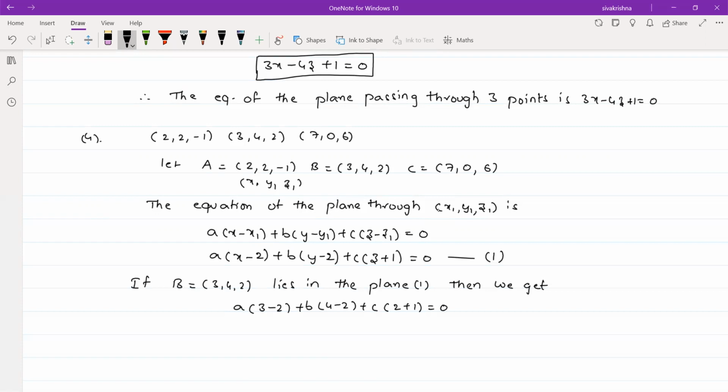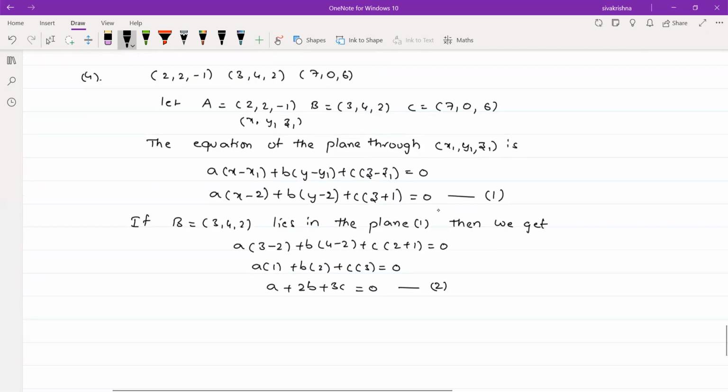Okay, on simplification we get A into 1 plus B into 2 plus C into 3 is equal to 0, so that we get A plus 2B plus 3C is equal to 0. So treat this as equation number 2. Okay, so after that we are having one more point, that is C. So if this particular point C lies on the plane 1, then we get